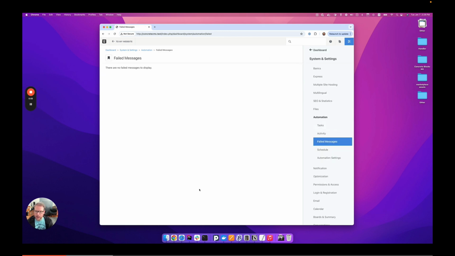And there's also this failed messages dashboard page, which is meant to catch all of the spots in Concrete where if a task or asynchronous command should fail, it should show up here and let you retry it or delete it or see something about it. But even with that, there were some ways that tasks could circumvent that, or it didn't catch them in all cases. So with 9.4.0, we're trying to improve that a little bit,